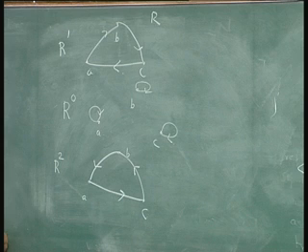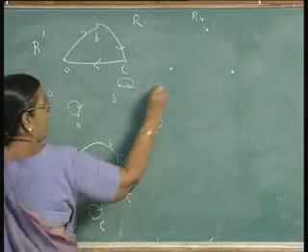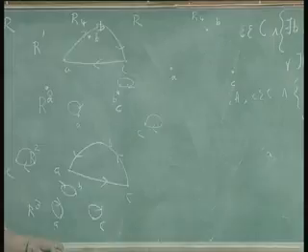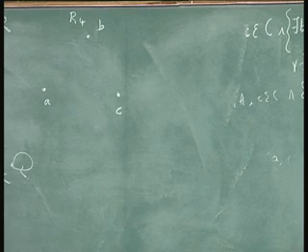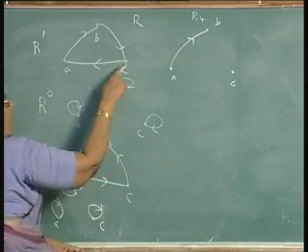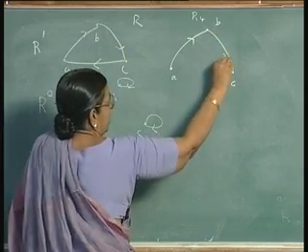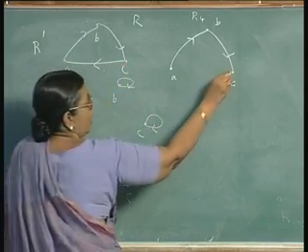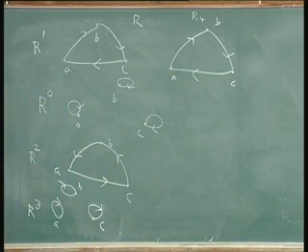R power 4 will be R cubed into R, with nodes A, B, C. That is, R cubed has a self loop at A, along with this it will make an arc like this. R cubed has a self loop at B, along with this arc there will be an arc like this. R cubed has a self loop at C, and that along with this arc will be like this. So, you find that